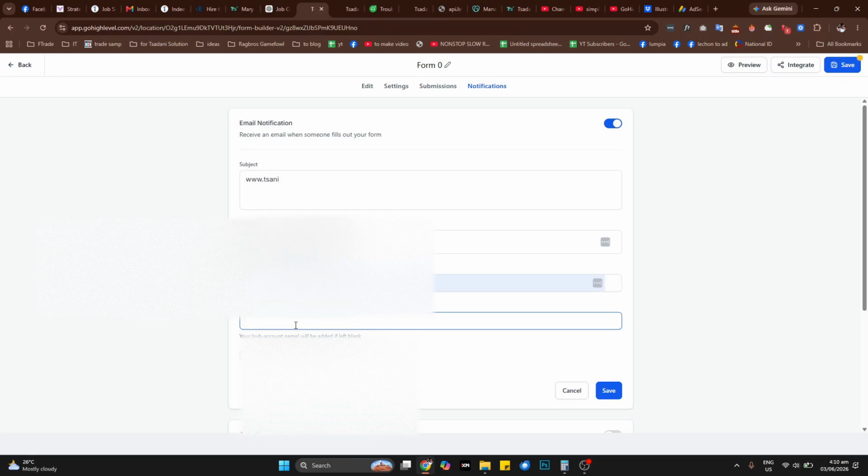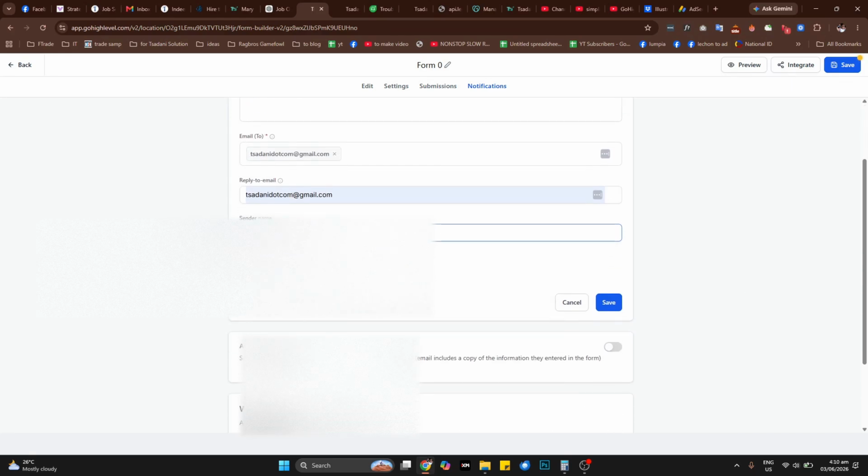So you want to put your name here, sender name, or your business name, whatever really makes sense for the form that you are making. So you can send the form submission as PDF.